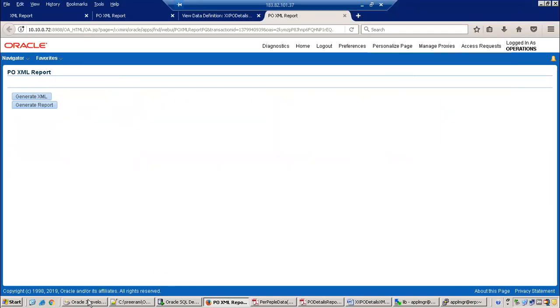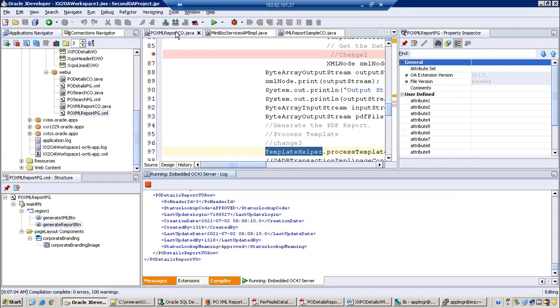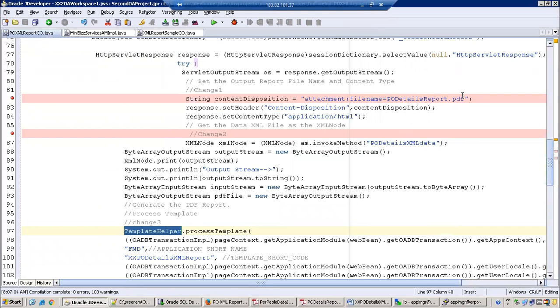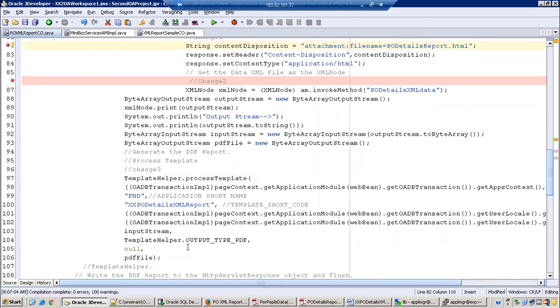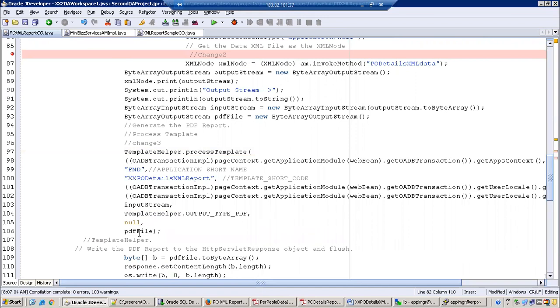Now let's say I want the output in HTML format. What change do I require? Very simple. You just change this one into HTML. And there is one more place. Can you see here? Template helper output type PDF. Instead of type PDF, we just change it to HTML.